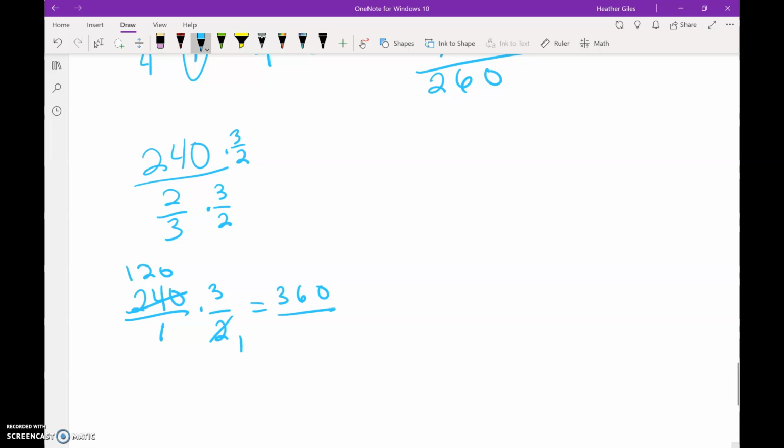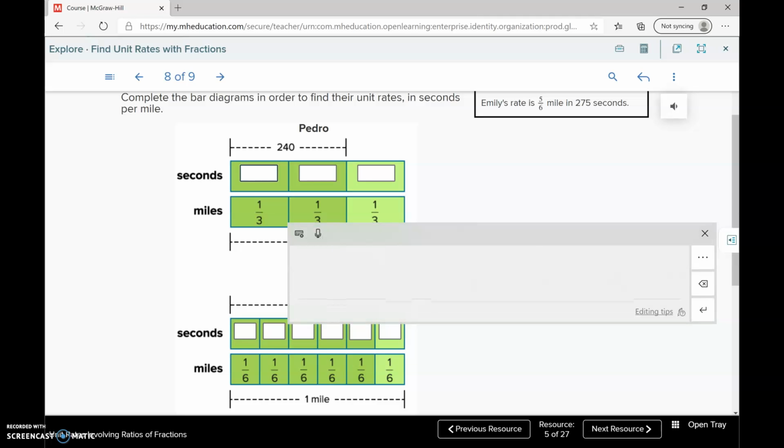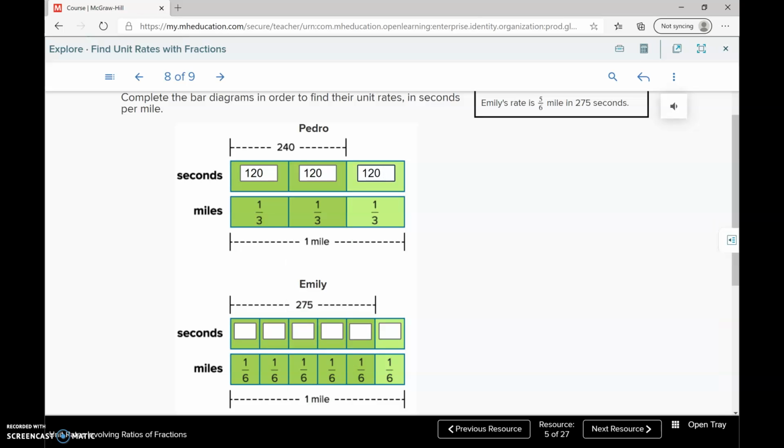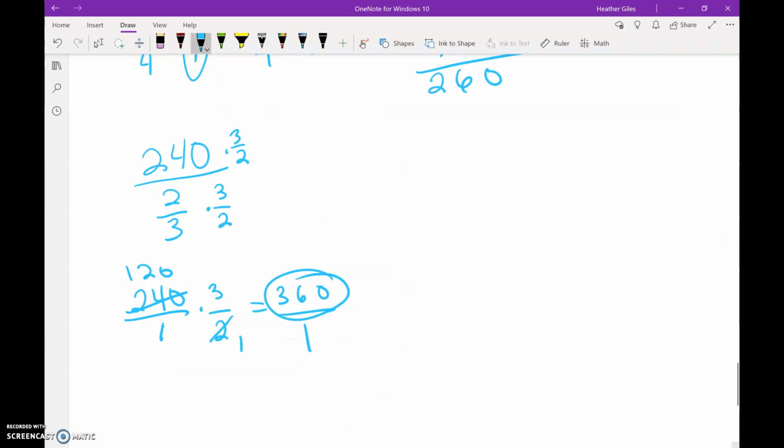is 360 over 1. I bet it will take 360 seconds for Pedro to run the entire race and 120 seconds for each third. So let's get that typed. So I said it's 120 and 120 and 120. All right, so now Emily is 275 seconds